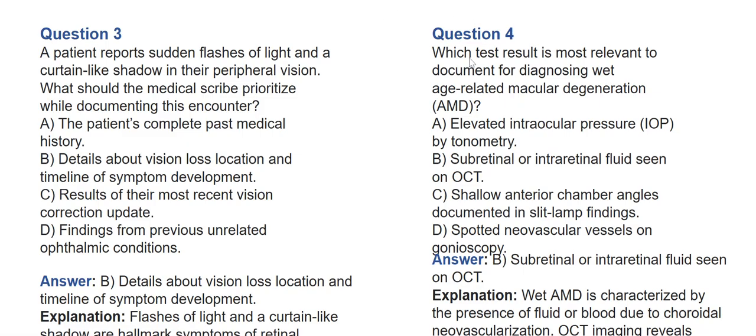Question 4. Which test result is most relevant to document for diagnosing wet age-related macular degeneration, AMD? A. Elevated intraocular pressure, IOP, by tonometry. B. Subretinal or intraretinal fluid seen on OCT, optical coherence tomography. C. Shallow anterior chamber angles documented in slit lamp findings. Or D. Spotted neovascular vessels on gonioscopy. The answer would be B, subretinal or intraretinal fluid seen on OCT, as wet AMD is characterized by